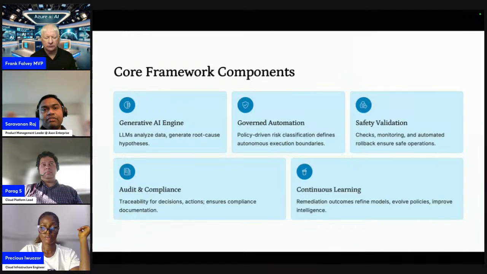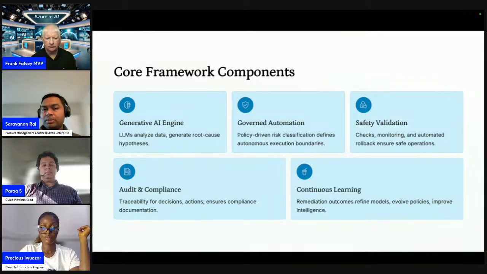If you look at the framework, there are 5 major core components to it. The first one is the Gen AI engine itself, which is the LLM that's used to identify the root cause. The second part is the governed automation. This is all about the autonomous execution boundaries. We need to define what the boundary is for this Gen AI system. It can't go rogue, and